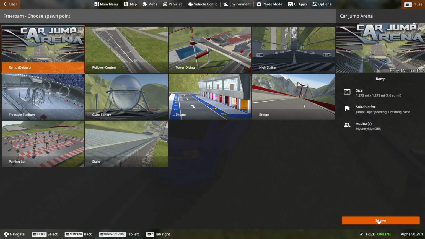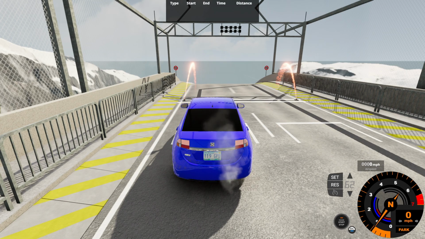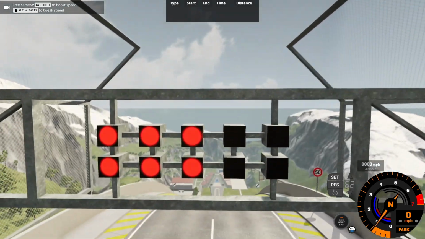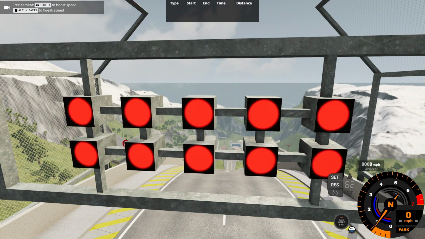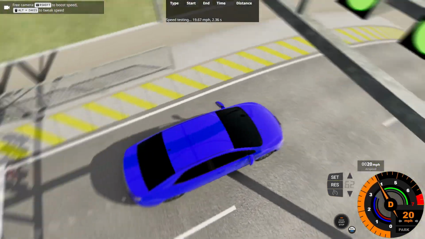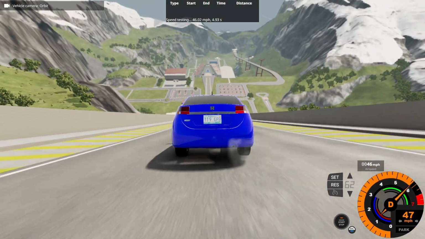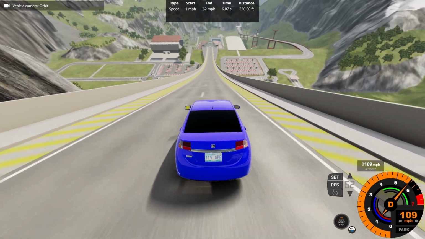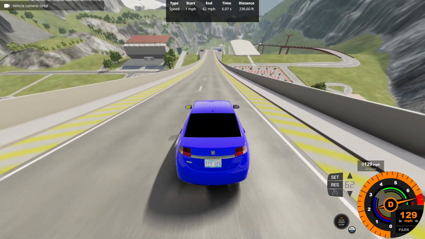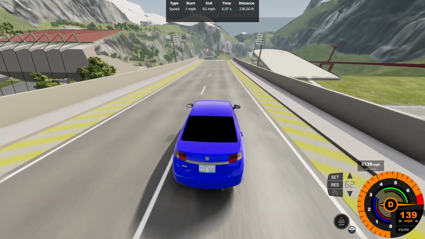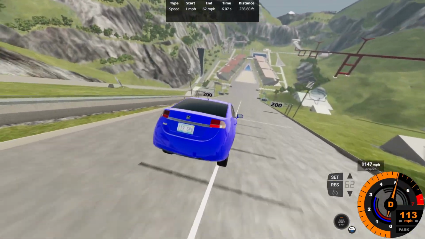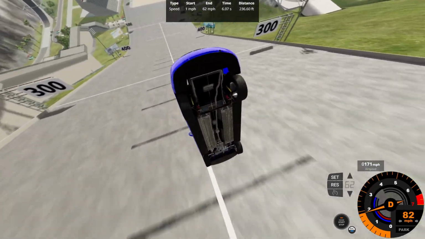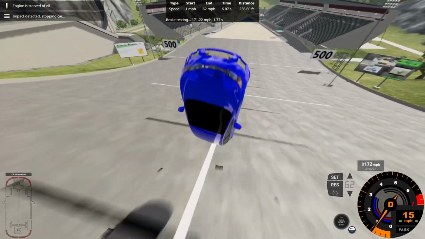So anyways, spawn up the top of the ramp right now. So here we are at the top of the ramp of Car Jump Arena, and currently we got a 2 light, followed by a 3 light, 4 light, and the 5th light, so get ready to accelerate on green now. Acceleration, camera, do your job, and ramp, do your job by accelerating this vehicle to a very fast top speed, with a 0-60 of about 6.07 seconds, 236.60 feet, wannabe Peugeot 607 time looking ass. At speed, 140 exactly off of the ramp, and the distance right at the 300 meter marker,